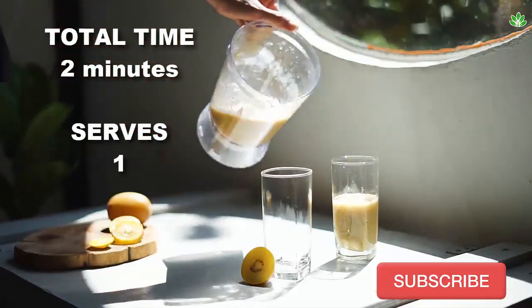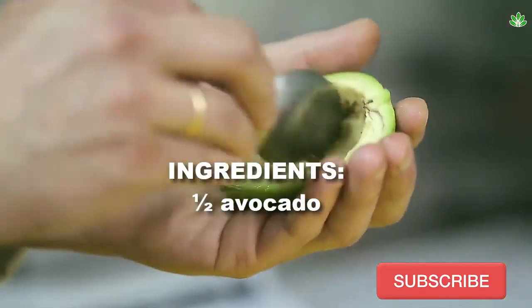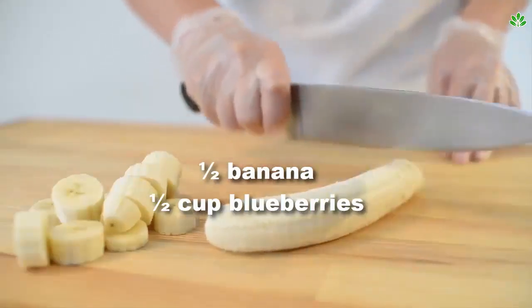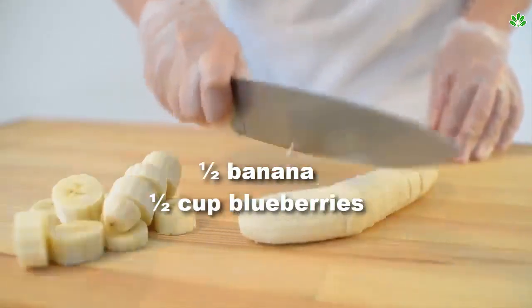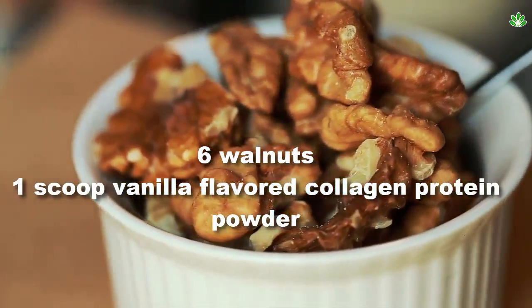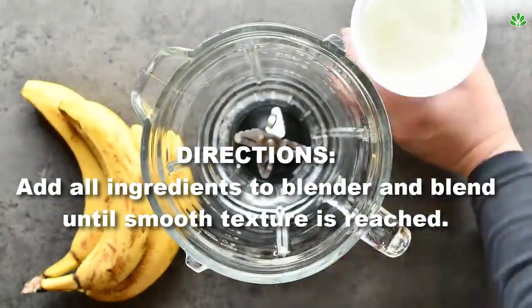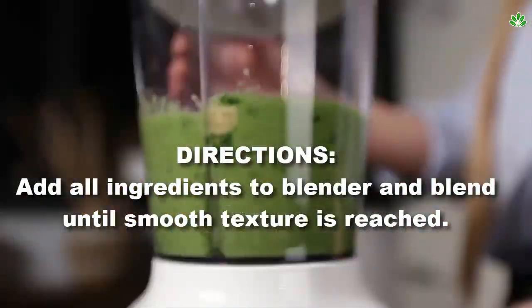Total time, 2 minutes. Serves 1. Ingredients: half avocado, half banana, half cup blueberries, 6 walnuts, 1 scoop vanilla flavored collagen protein powder, half cup water. Directions: add all ingredients to blender, and blend until smooth texture is